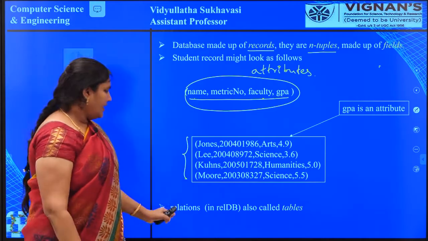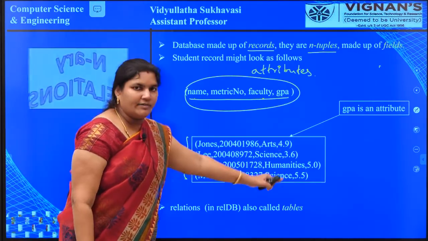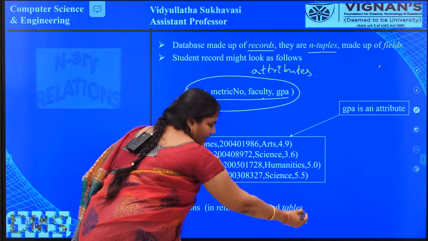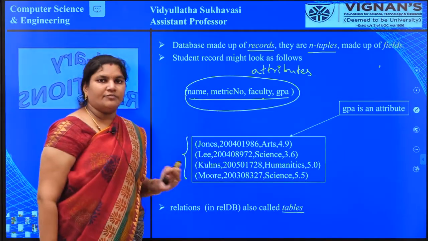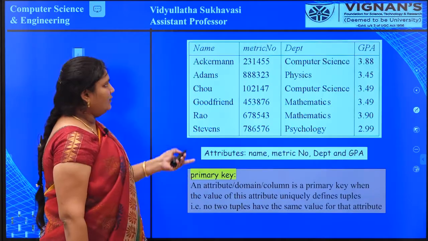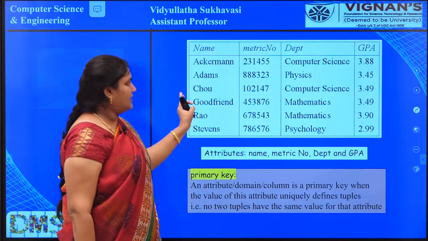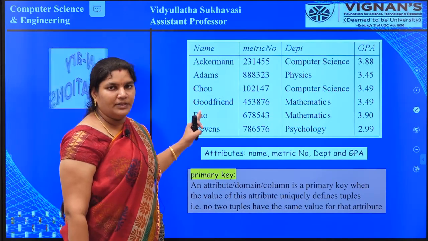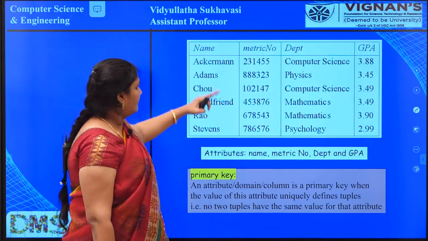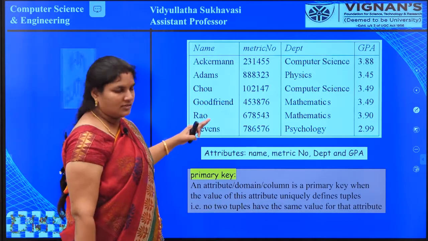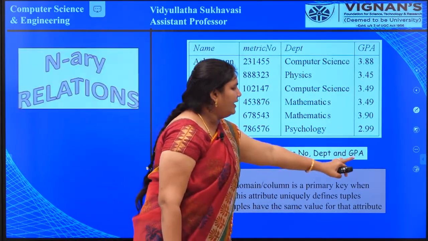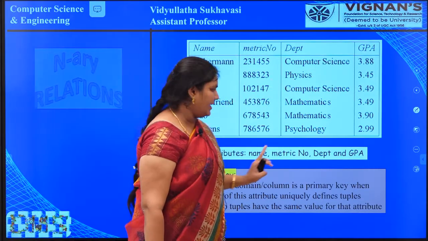Okay. So here in relations, all data will be stored in the form of tables. So in a database we will store the data in table form. Now see an example. This is an example of a simple database, or one simple table. Here we have the information of students, and these are the attributes: name, matric number, department, and GPA.